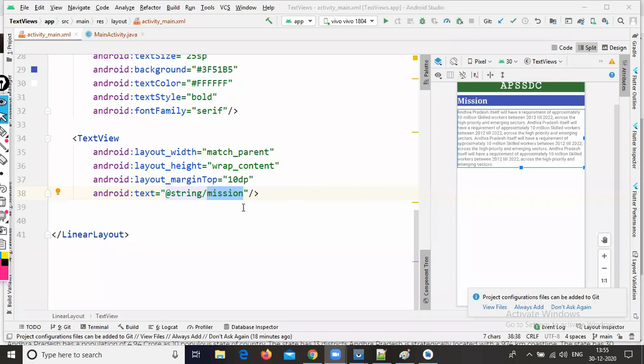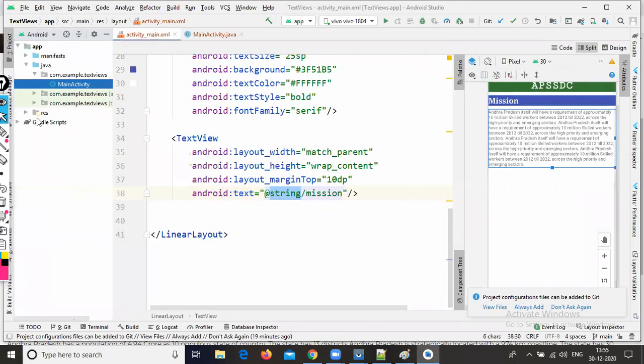Now where can you modify this screen? In case you want to change this text after some days, you can go through the string.xml file. This string.xml file is available in our res folder.